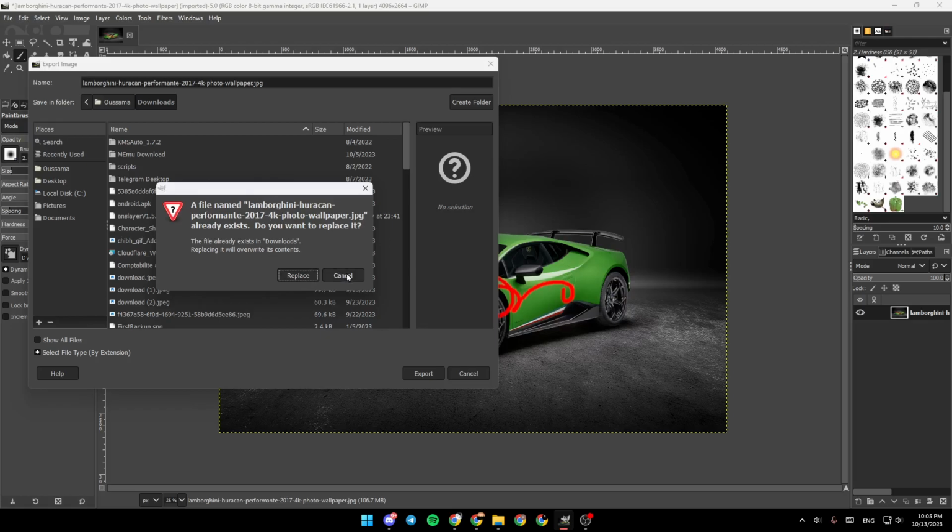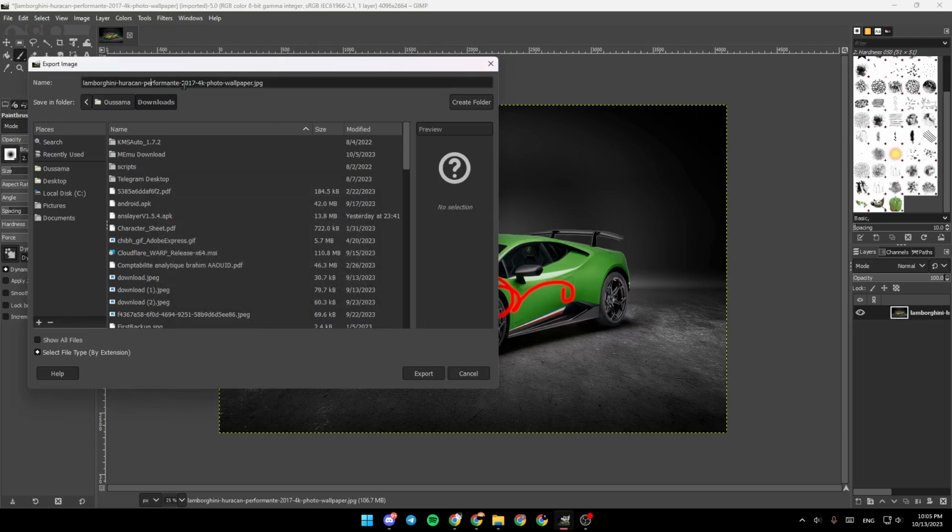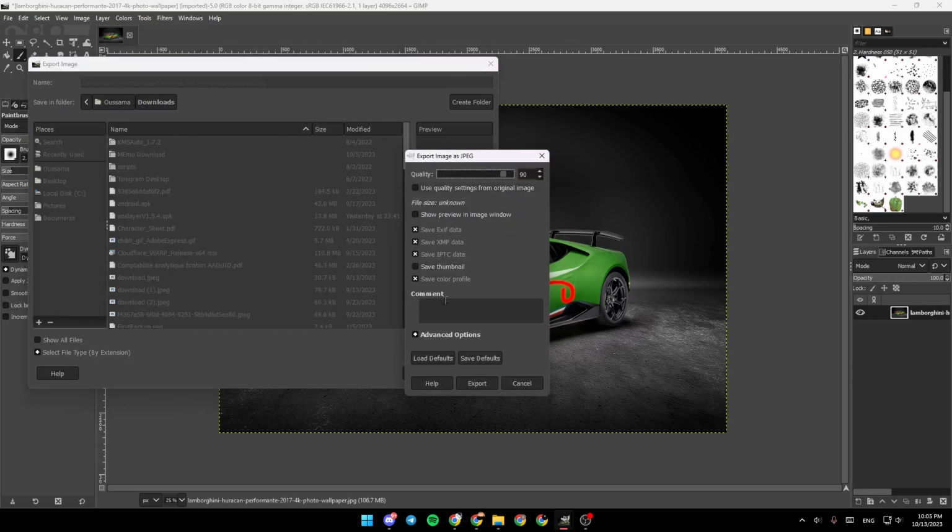So this name already exists, so I'm going to change the name. Click on Export, and as you can see, guys, this is the menu. So from here, you can change the quality and choose the options that will suit you. And once you finish, go ahead and click on